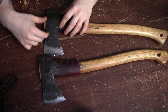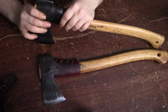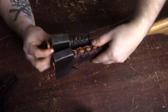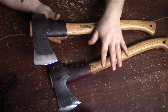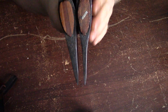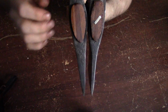As for the shape of the head, both of them have a nice pole, a nice little beard here, whatever you'd like to call it. Poles, almost identical. I think the one area these two axes differ most of all is the profile of the cheeks. This is your Granfors Small Forest over here. This is your Wetterlings. The Wetterlings has much thicker cheeks than the Granfors,